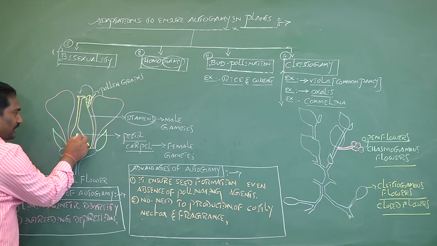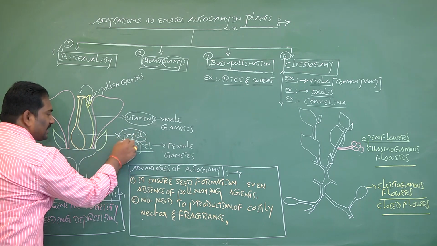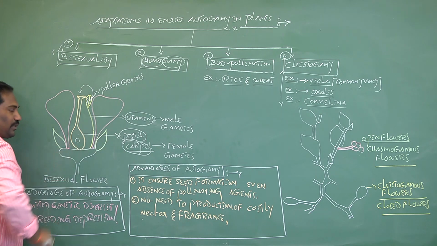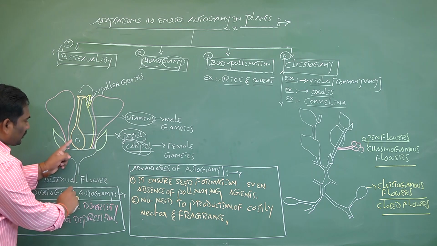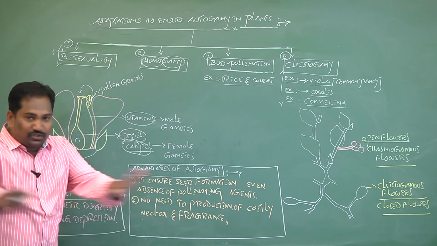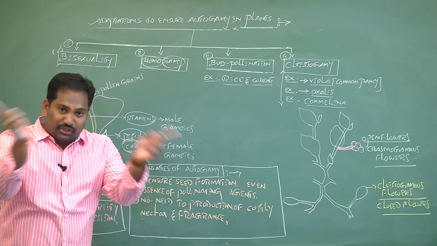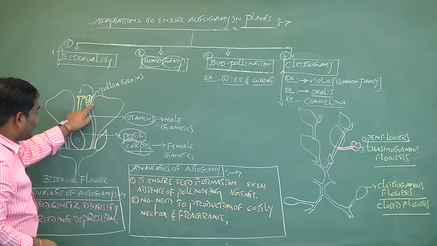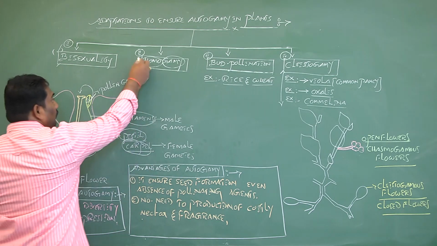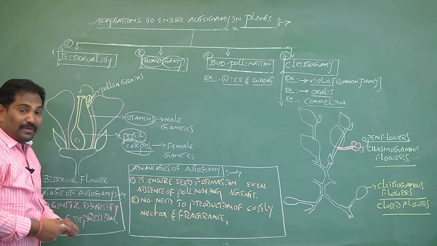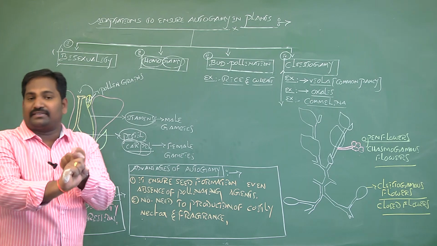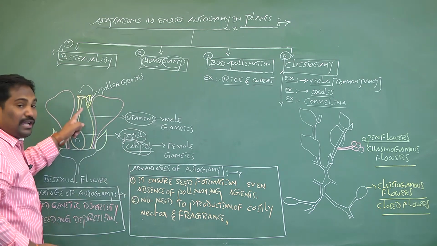The female reproductive structure is called the pistil. Pistil is also called carpel. Inside the pistil or carpel, female gametes are produced. If the female gametes and male gametes mature at different times in a bisexual flower, there is no chance of autogamy. The maturation of male gametes and female gametes in a bisexual flower at the same time is called homogamy. The maturation of male and female gametes at the same period causes a great synchronization, meaning understanding between male and female gametes.